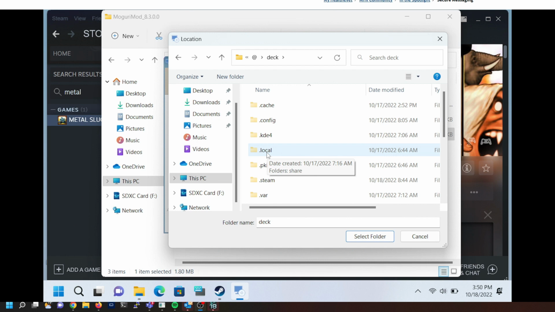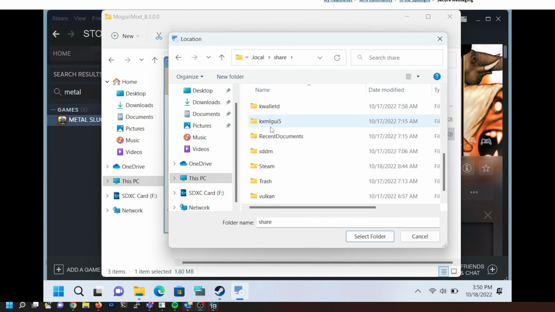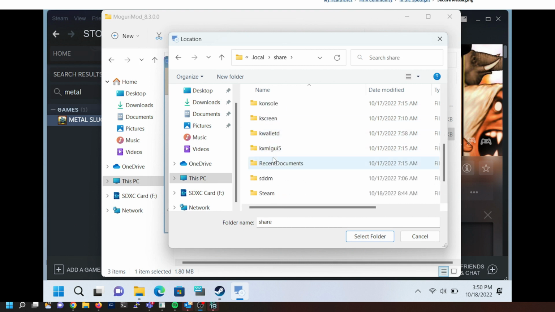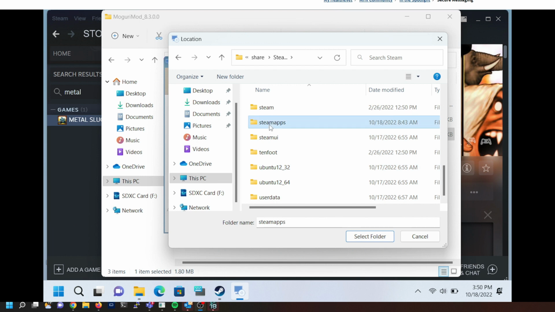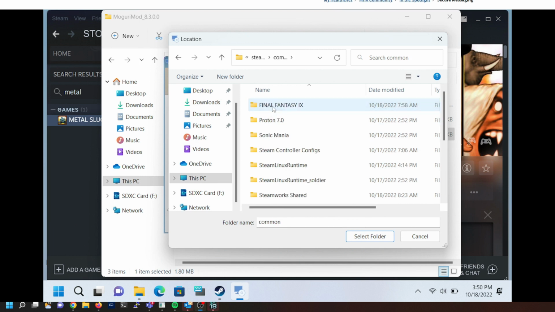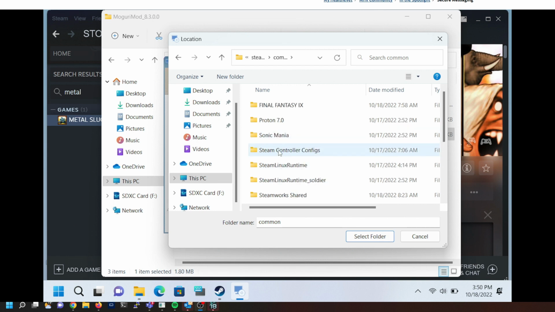So not only do you have the extra steps of trying to just run the mod in the first place, but then using the mod is difficult. So we go to local, we go to share, this should be Steam, and then our Steam apps, common, and this is where we'll find all the games that are installed. So Final Fantasy IX is right here,